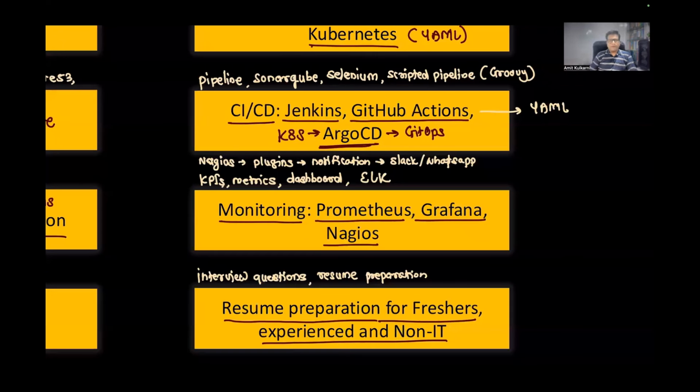Once Kubernetes is in place, you can go for any of these options available. Prometheus and Grafana are not only simple, but they are industry standards when you go for Kubernetes. That's the reason why I wanted to include that. We'll go for ELK as well if time permits, but these two are mandatory when you go for Kubernetes.